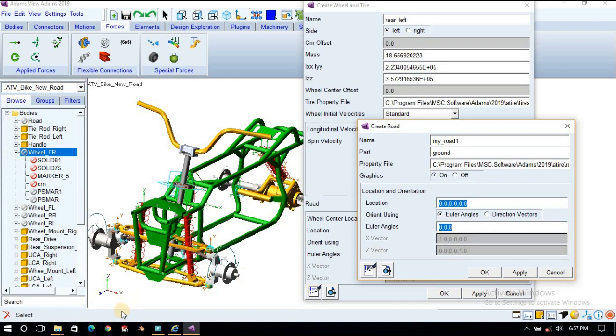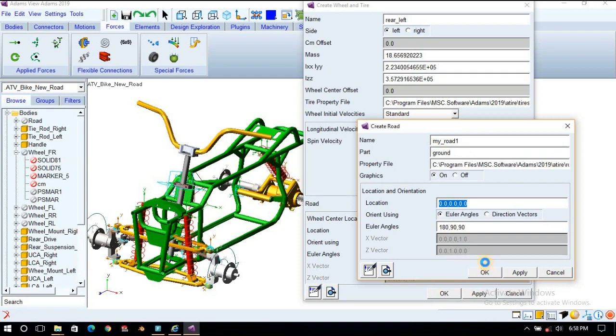Its orientation should align with this in the XZ plane. You can see here the Z axis and X axis should be in the horizontal plane. So its Euler angle will be 180, 90, 90. This is a 313 principle. You can study it in the documentation, or you can define it by using a direction vector also.